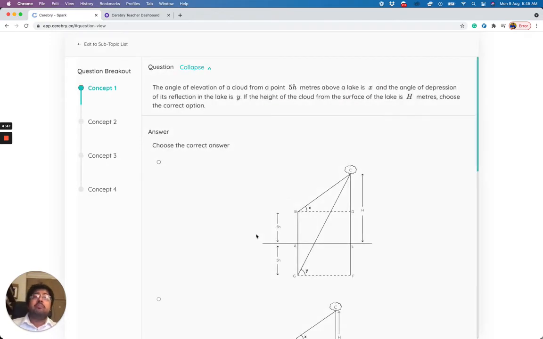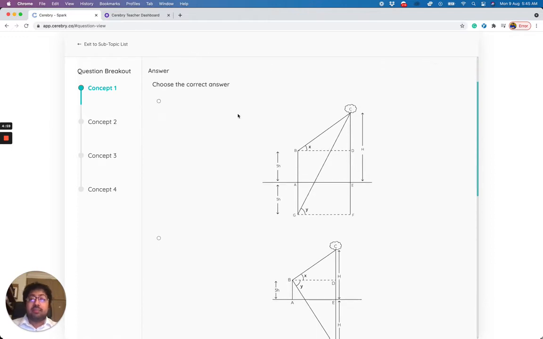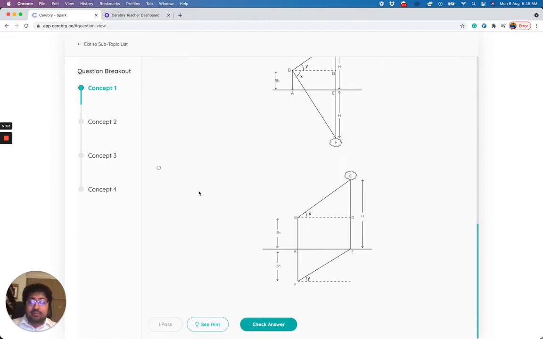So now the engine would of course show me the step-by-step solution, but now it will start to provide me more practice. And in this question you would see that instead of numbers, it changed it to variables. For example, the height is given in terms of h, y and capital H. This is so that the student doesn't memorize, and all of this happens automatically on the fly. Let's say I randomly choose option A again.